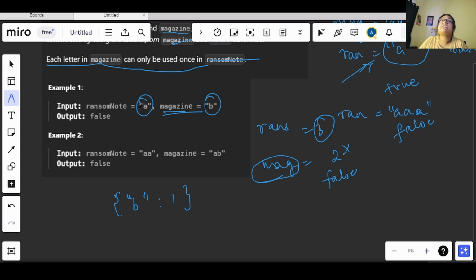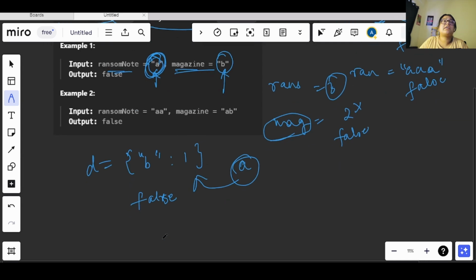Now we will start iterating in this ransom note, and we will check if this A is present in this magazine dictionary or not, okay. I will search if this A exists in this dictionary or not. It does not exist, so we will return false from here.